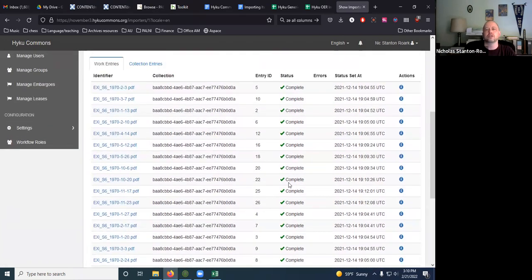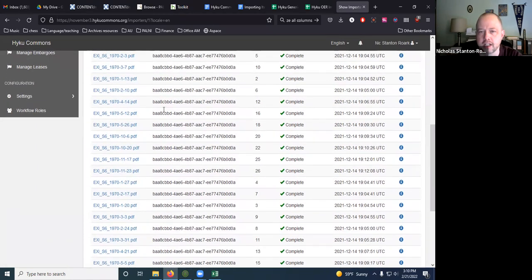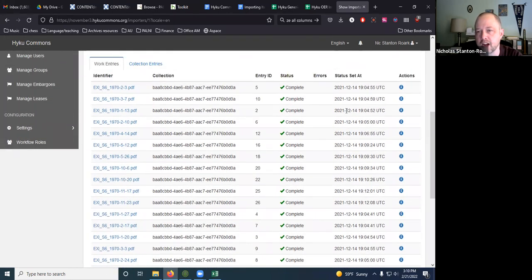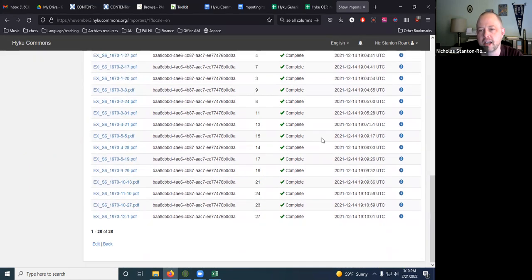So when you run a new import job, which we'll do here in a little bit, you'll see these will say pending while it's working, and then eventually we'll give you either complete or we'll give you an error. And then in some cases, it'll list the sort of error if it encounters an error here. But there are some cases